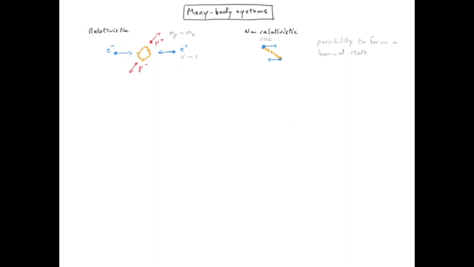If we have a bound state between two particles, nothing prevents us from having also a bound state between 3 particles, 4 particles, etc. This is what we call a quantum many-body system. Examples include the nucleus made of nucleons, electrons inside the atom or in a molecule, atoms themselves inside a macroscopic molecule or an atomic cluster, or in a cold atom system, in a gas, in a liquid, etc.